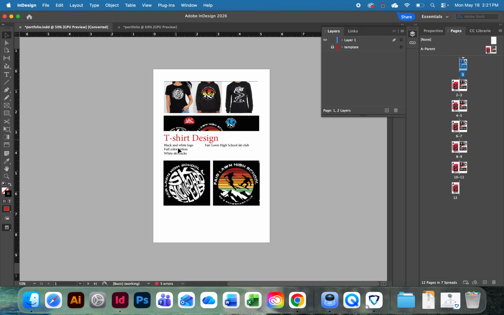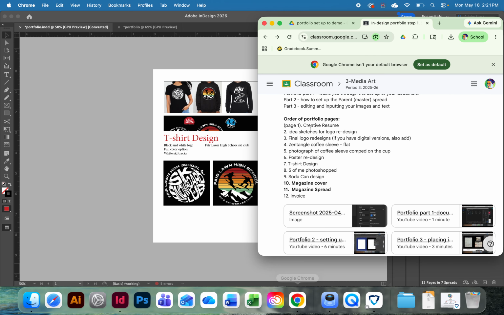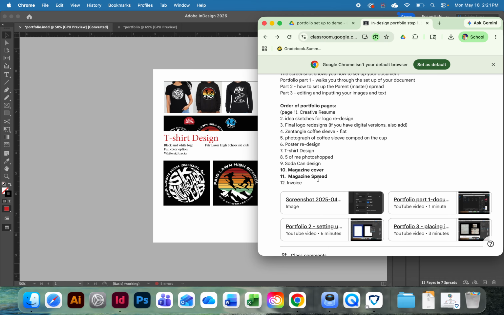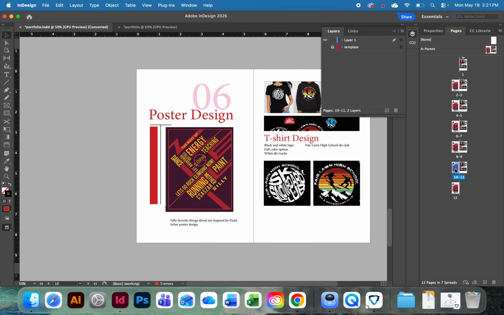So what I need to do is unlock it. This is locked to the parent page. But I want to do my magazine spread first, just because that's what I have ready for the demo. And I know, just from going to Google Classroom, where this assignment is, that page 10 and 11 is my magazine cover and magazine spread. So I'm going to go to page 10,